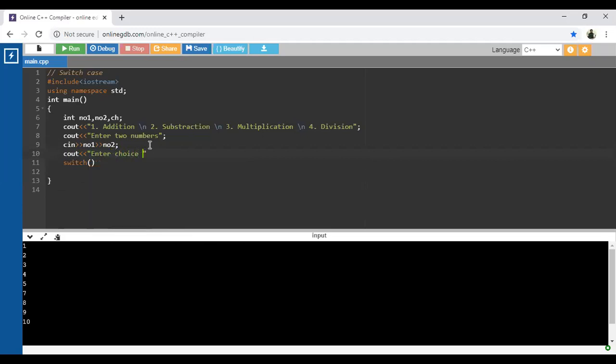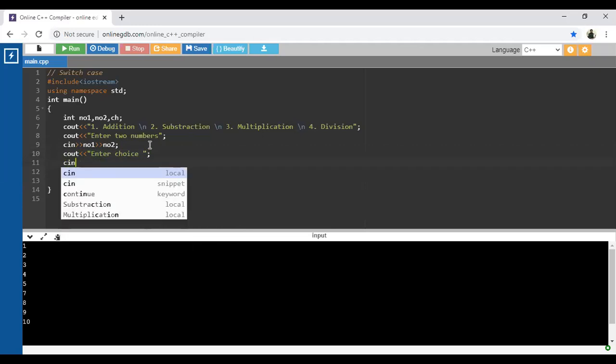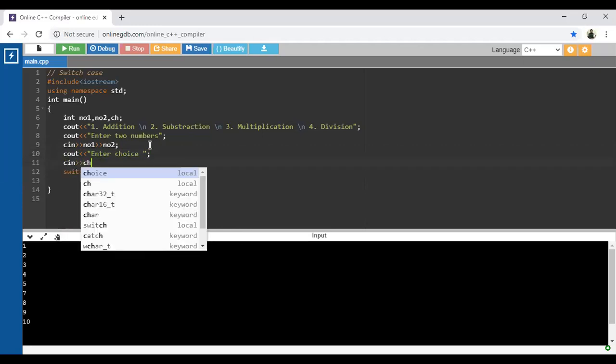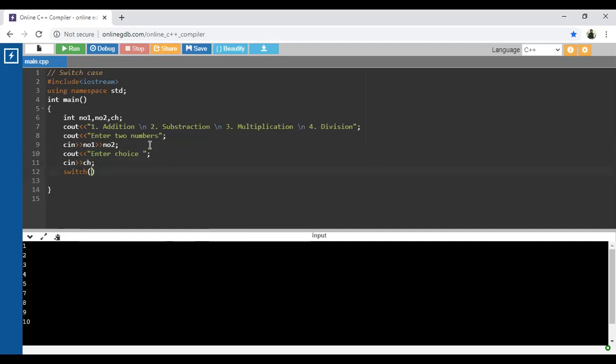Read that choice from the user: cin ch. Then switch on ch. Depending upon this ch variable, your case is going to be executed.